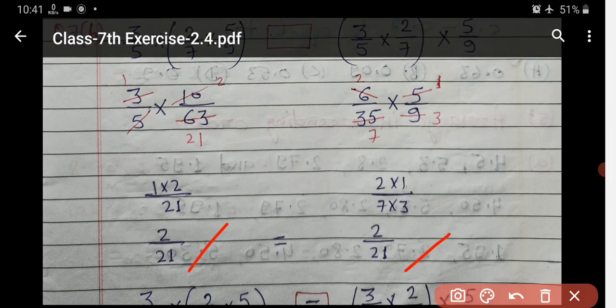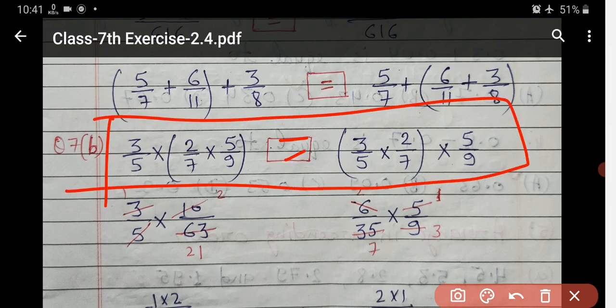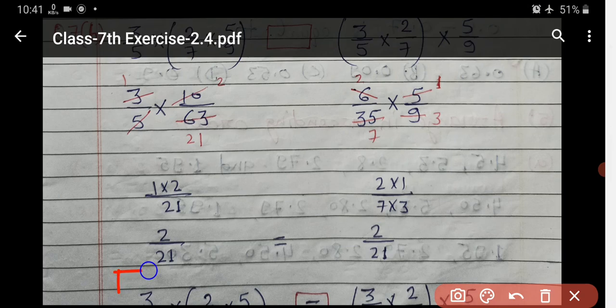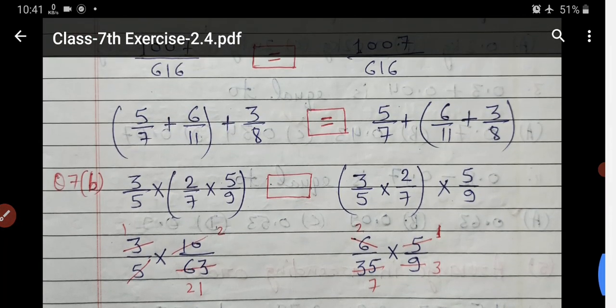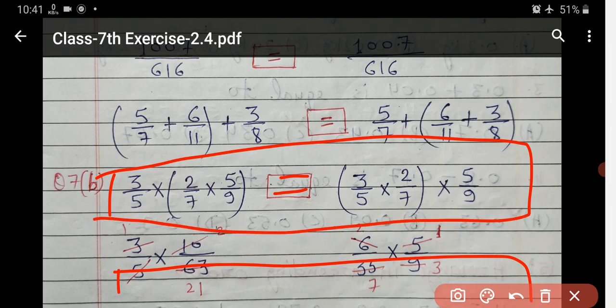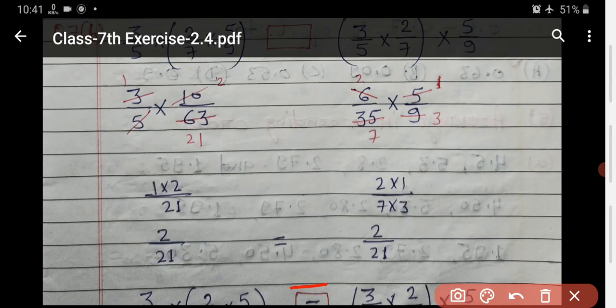It means they are equal, so you have to put an equal sign here. And in the last you have to put one equal sign here also, and this whole equation you have to write in the last. Here it is cut, so you have to write it by yourself. When you make a PDF file, that line is cut, only one line, so no problem. The same line you have to write after is equal to, whatever I am capturing in a box, the same line you have to write in the last, which is cut there. So write equal to here and then write the same equation. So it is your answer.